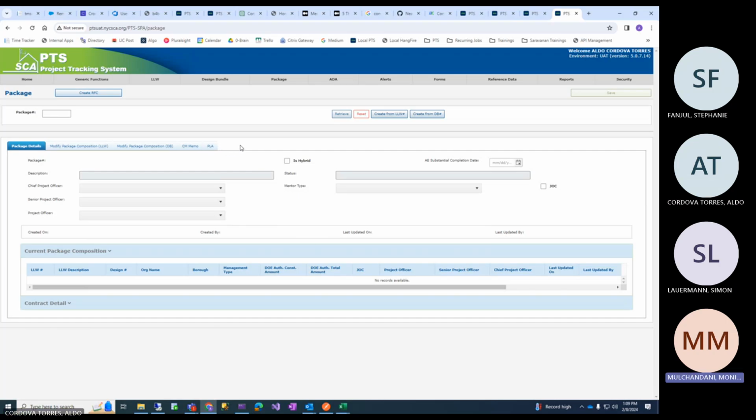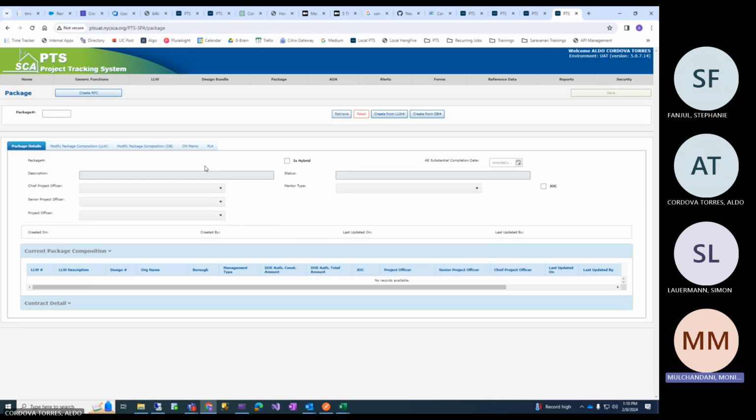And what else do we have? Okay, when a package is created, the status doesn't change. It remains the same. And then down below, it's the LLW current package composition, which shows the LLWs. And even when we created using a design bundle, if you have rights, you could create one.